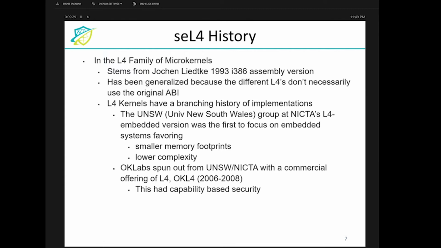So seL4 is derived from the L4 family of microkernels. So it comes from around 1993. It has been generalized because not all of the L4 kernels use the original base. So the L4 kernels have a long history of branching and having different implementations. So our Data61 friends from the University of New South Wales,